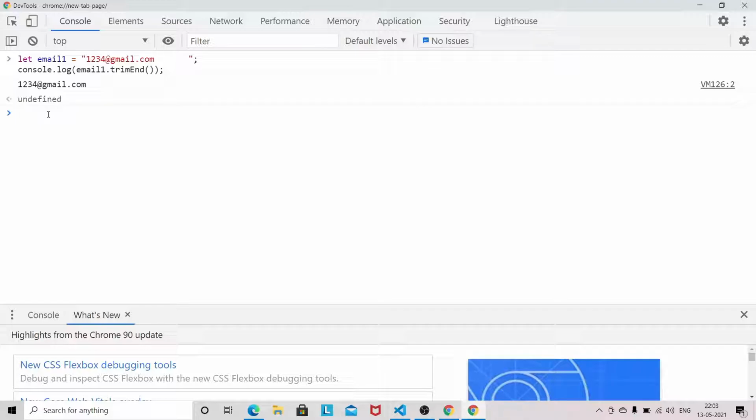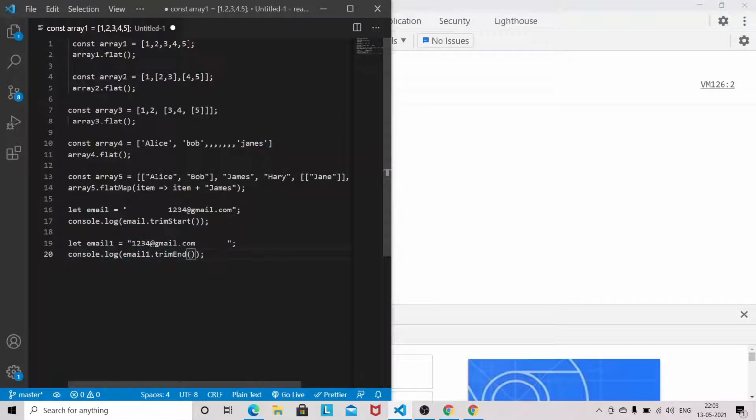Now the next feature that I will talk about is fromEntries. fromEntries basically transforms a list of key value pairs into an object. What does that mean? Let's see one example.